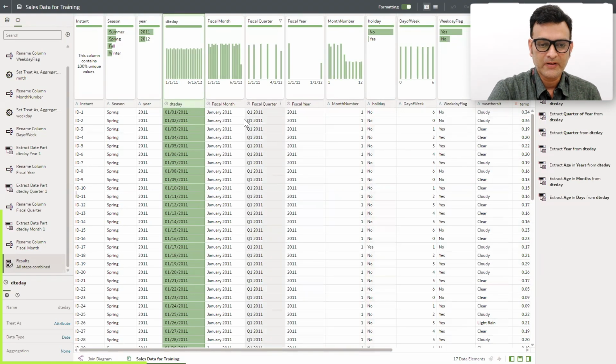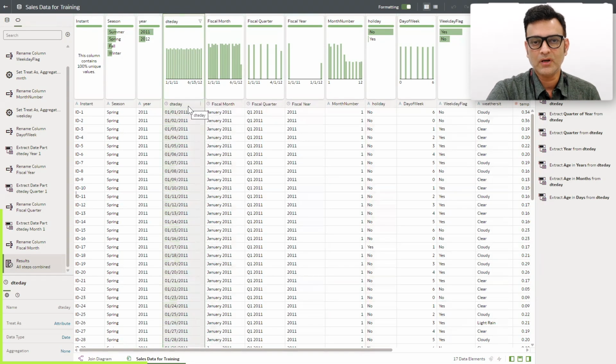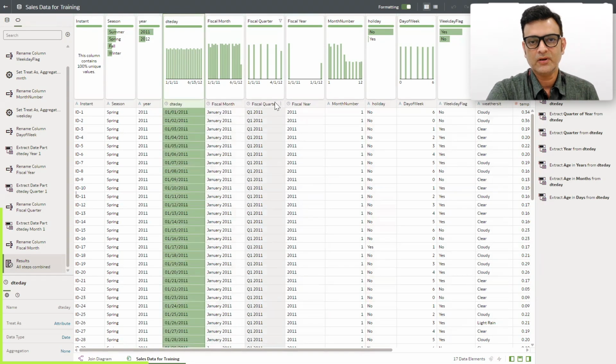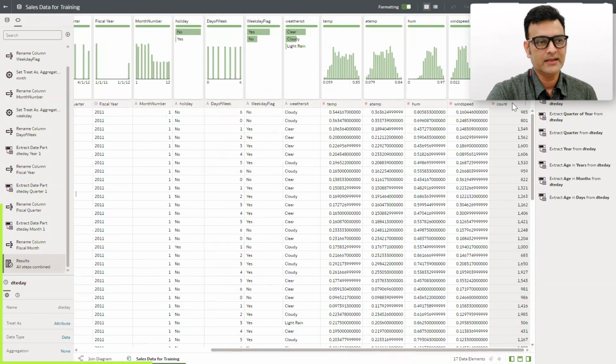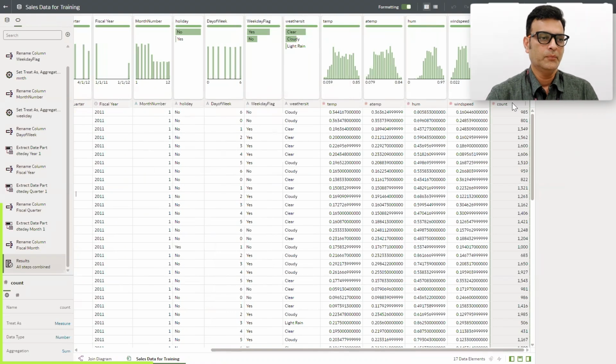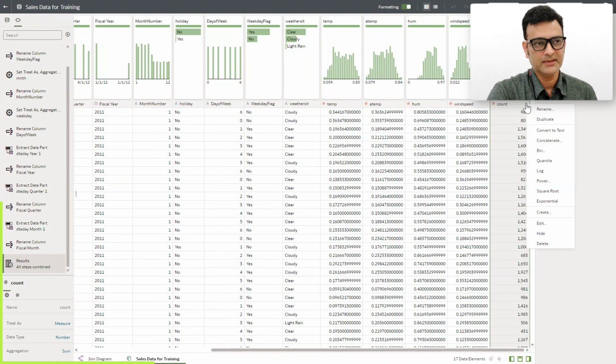Now apart from that, say I want to add a new column based on the sales, or the count of sales. I want to create a binning of this particular column. I can do it on the fly, where I'll say create a bin. By default the system has analyzed the data and given me a combination of 4 different bins, and it has given me ranges also.